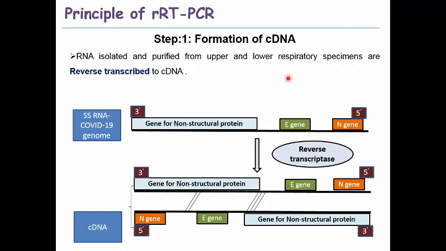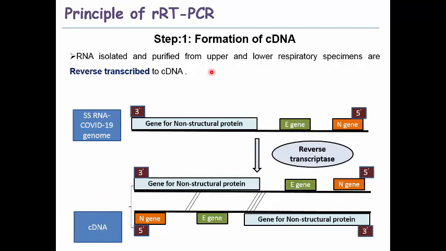So as we all know, transcription is the synthesis of RNA from DNA. Traditionally, RNA will be formed from the DNA. But this coronavirus gene is from an RNA virus, right? So I am making the DNA from this RNA. I am doing the reverse procedure, and that's why it is known as reverse transcriptase. That DNA is known as cDNA, the complementary DNA.